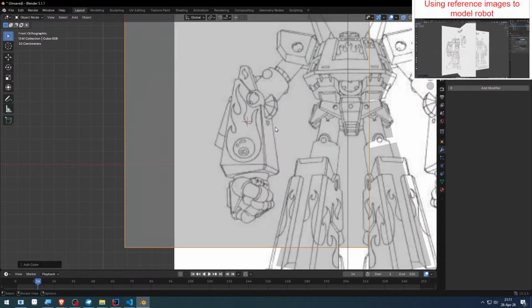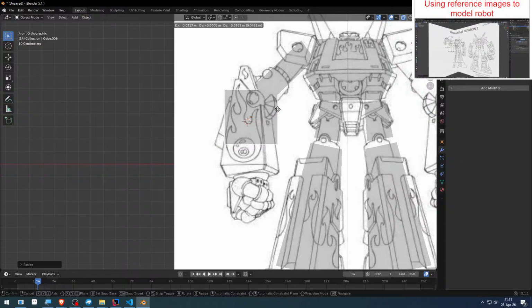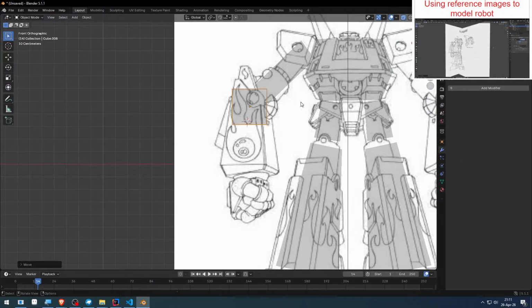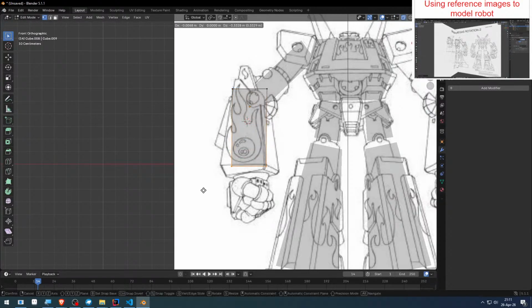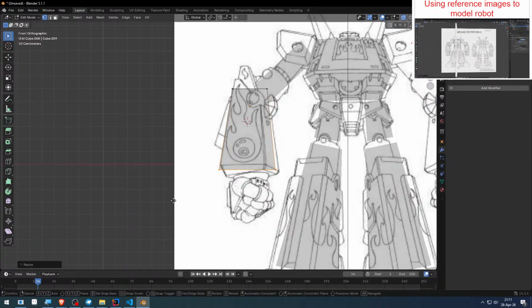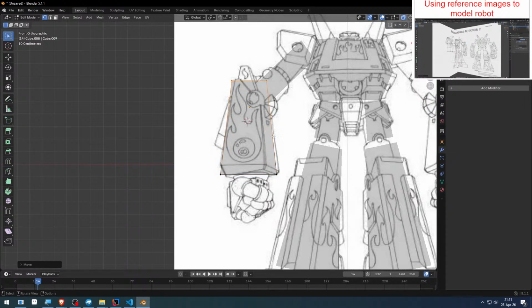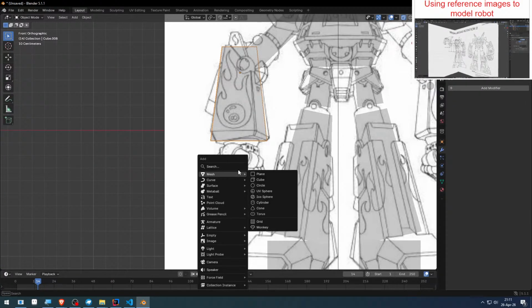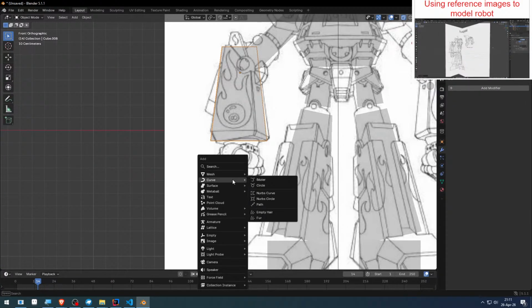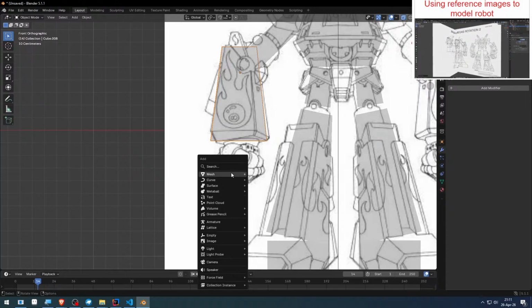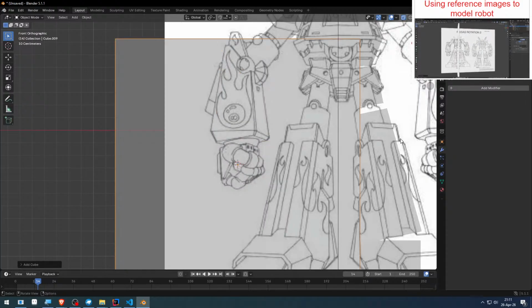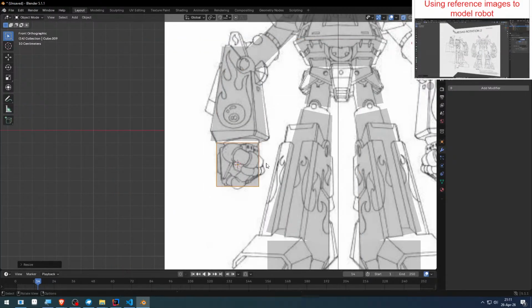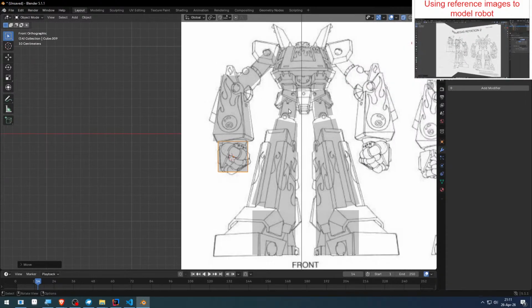A cube. And then here another cube just for the hand. And then